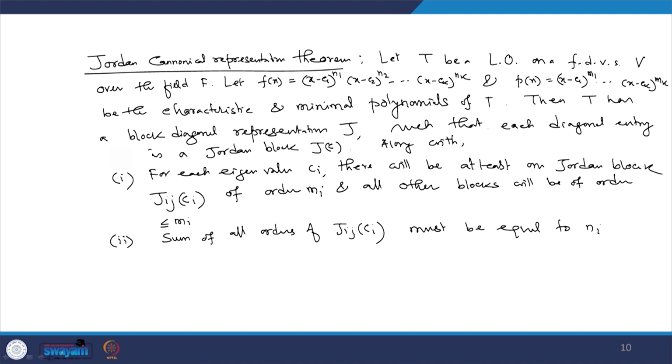So, the sum of all orders of J_ij must be equal to ni, the algebraic multiplicity of the eigenvalue